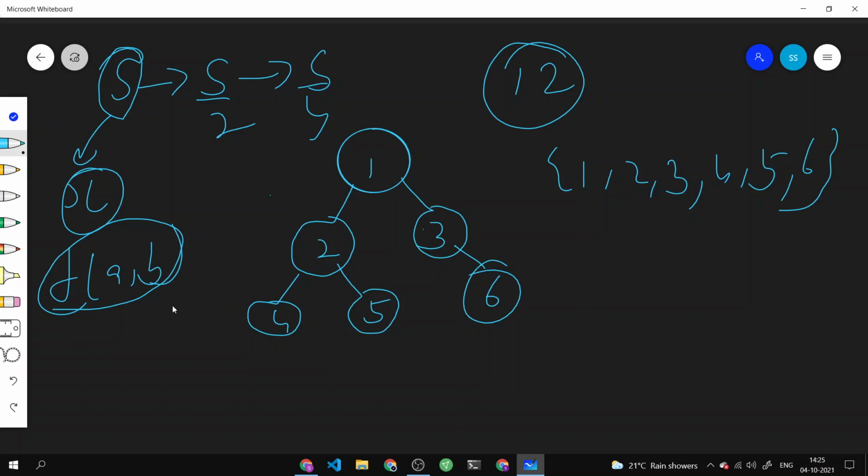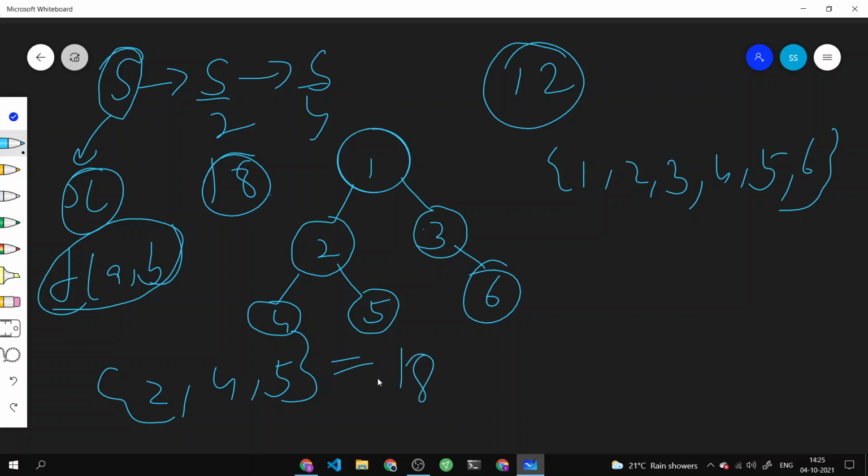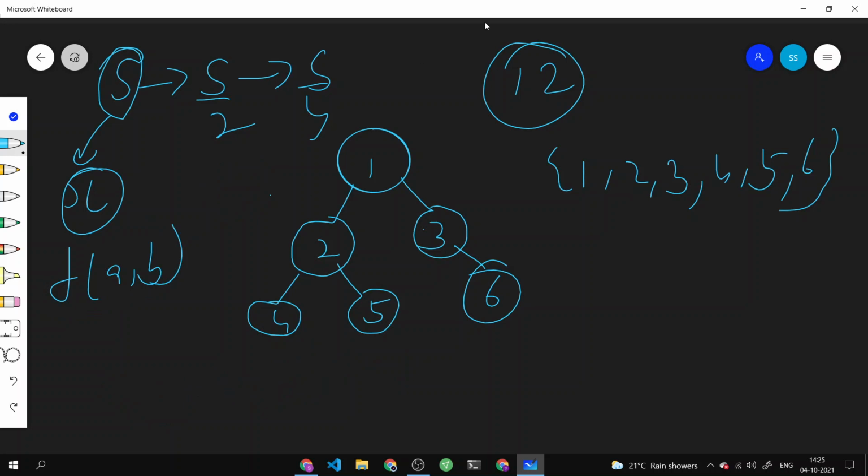For example, let's say I had 245, and this is the search space, and let's say that overall value was 18. Then if I give the judge this search space, it should be giving the value of 18, because this is the search space that we are working on, right? It should be having the maximum value, because that's what we have to do. We have to maximize the distance of AB. So that's the first condition, that it should have the maximum value.